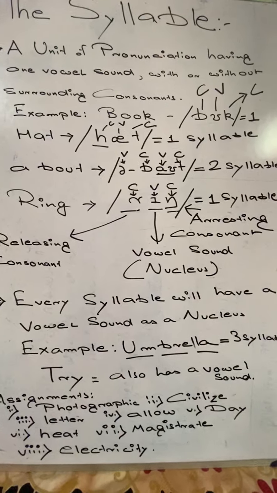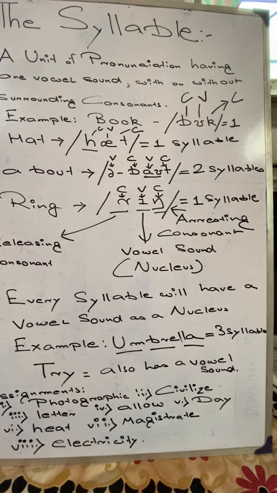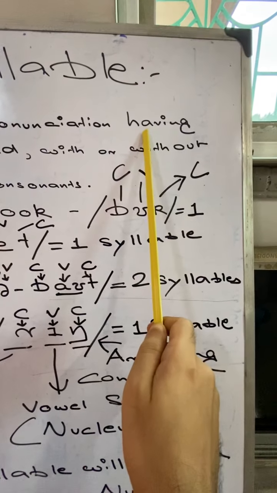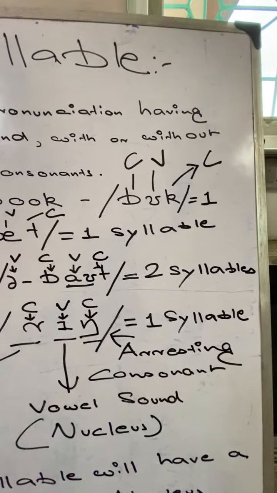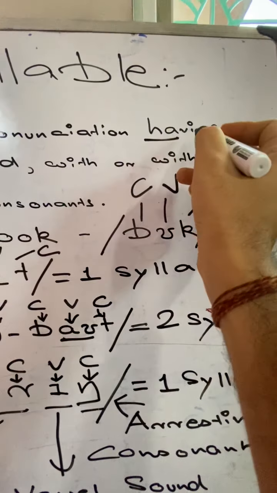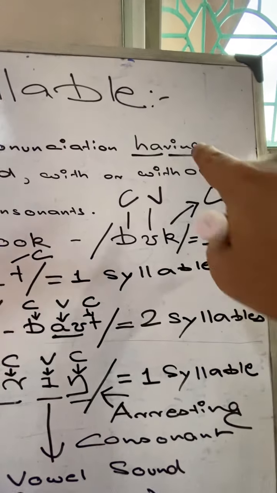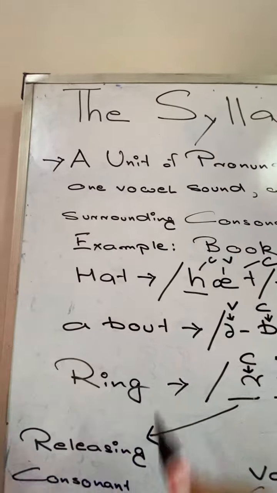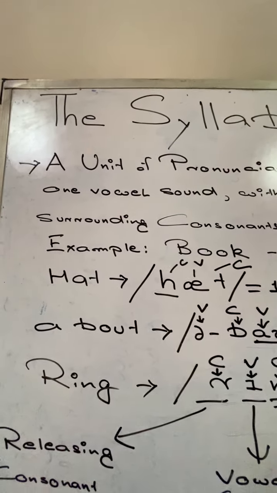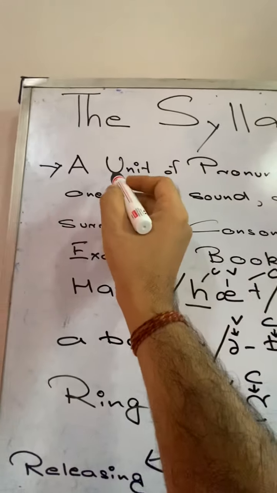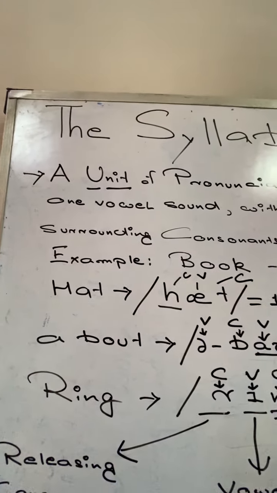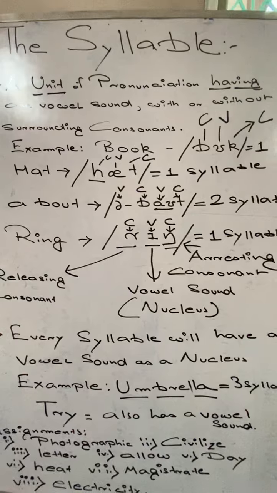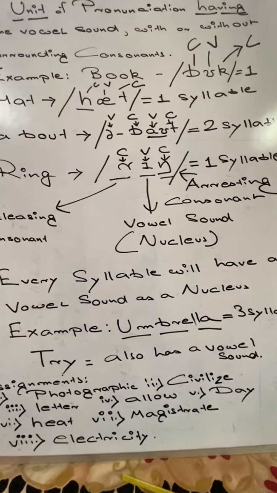Now, if for example, I give you another word called having. How many syllables are there in having? There are 2 syllables in having. Similarly, if I consider the case of unit, how many syllables are there in unit? There are 2 syllables. Acha. Now, suppose I give you another example, a last one.